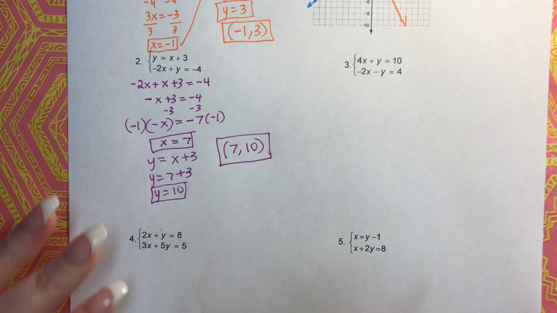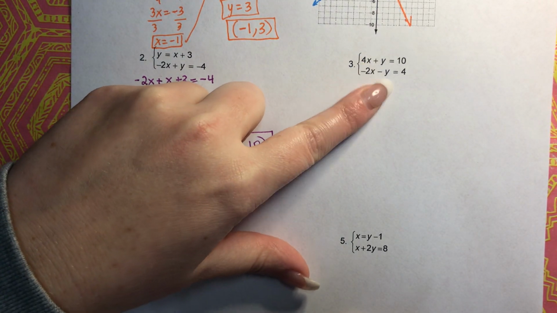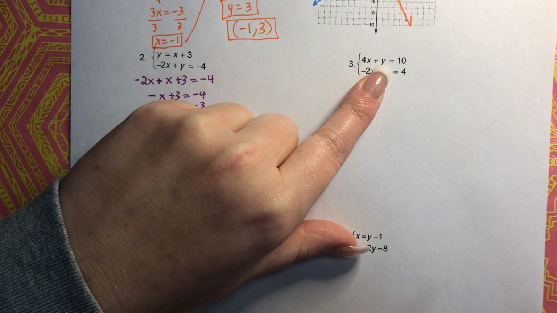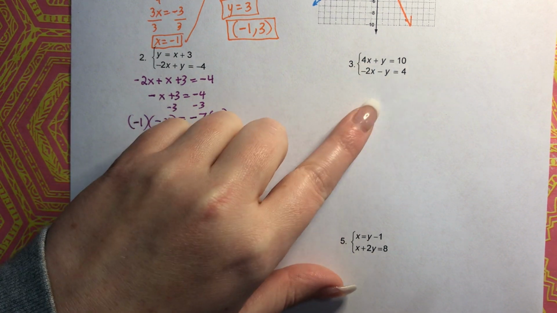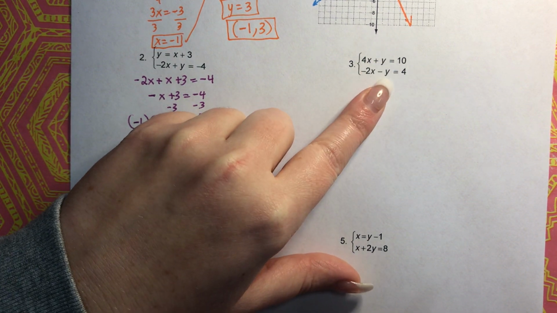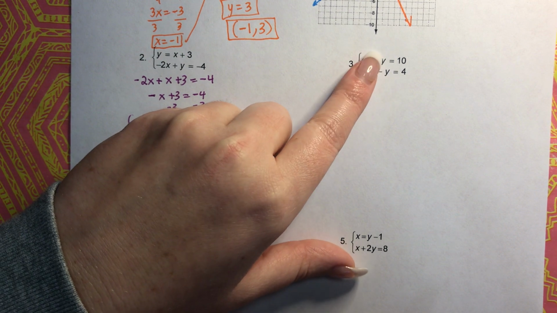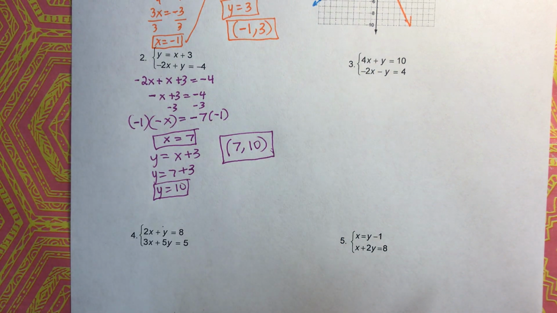So, for 3, definitely wouldn't graph it. Neither of these are solved for y. I could do substitution because this is just a positive y, so it'd be easy just to move it from side to side. However, the choice that I see would be elimination because there's a 1 in front of both of those y's, and they have opposite signs. So it's same number, opposite signs, so it's going to be really, really easy just to use